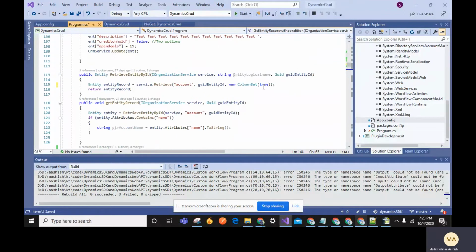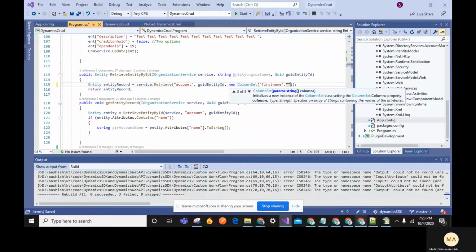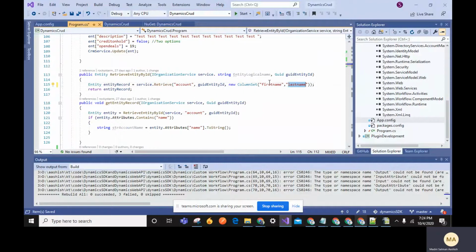If you want to add specific columns, you can define it like this also. So it will get the first name and last name from Dynamics.